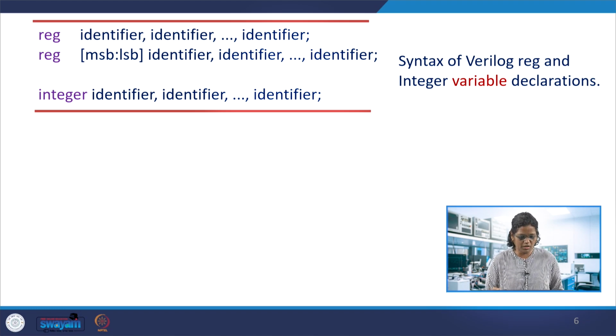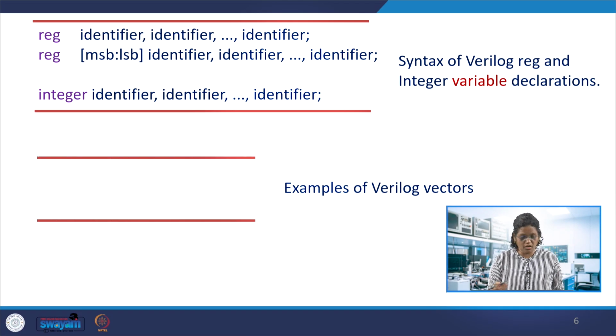So this is a variable declaration. Variable declarations, especially reg and integers: here reg doesn't mean a physical register. The variable stores a value within the procedural code or behavioral description, and that value can change. Reg implies that here it is a register.